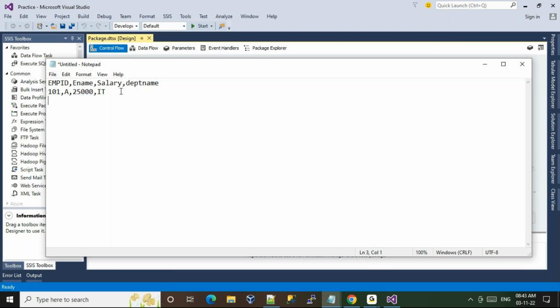Note down: the aggregate transformation is used